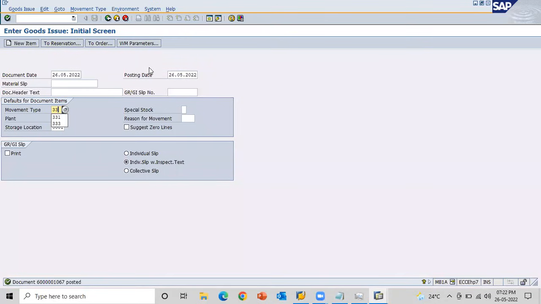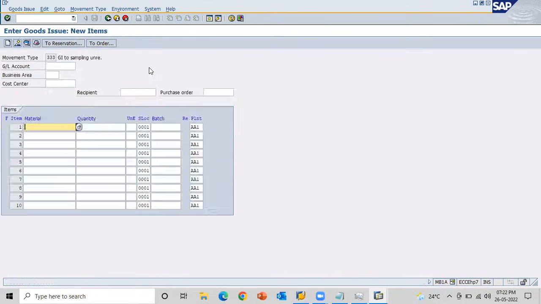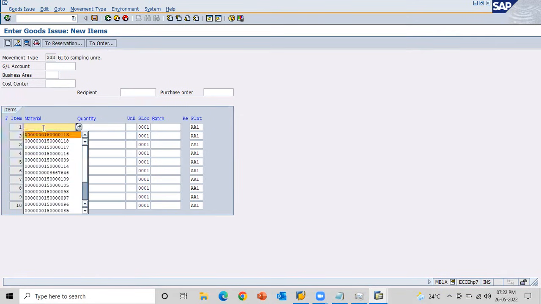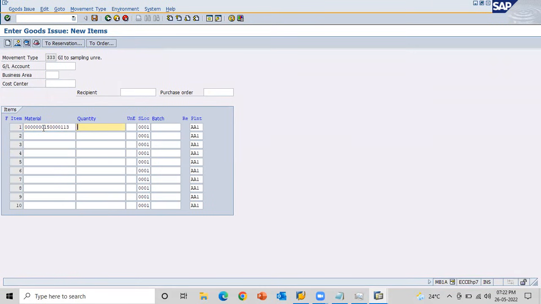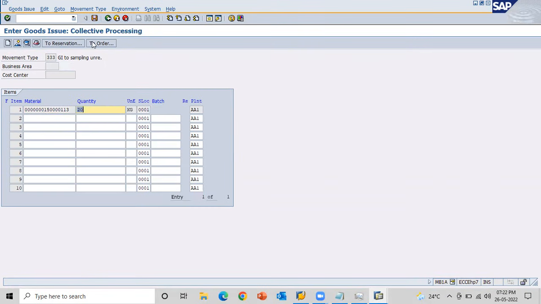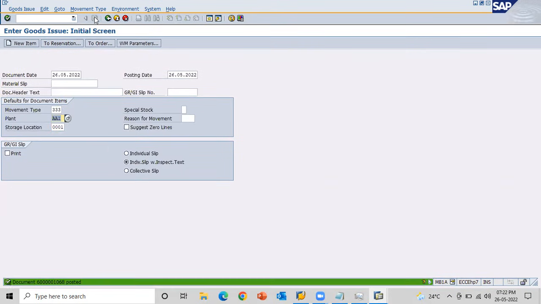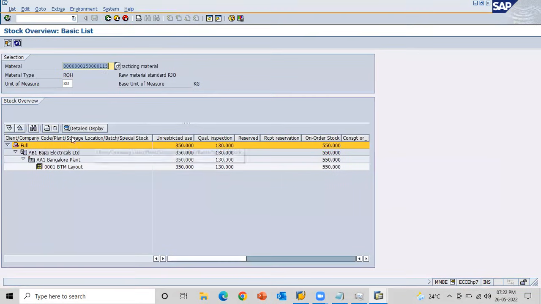333. So what is this heading? You can see goods issued to sampling from unrestricted. Okay, from quality inspection, from blocked stock. You can read the heading. So let's say I want to issue 10 kg or 20 kg of stock again. Okay, so if you refresh,